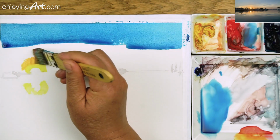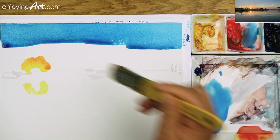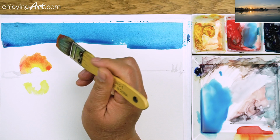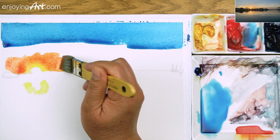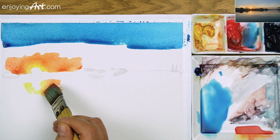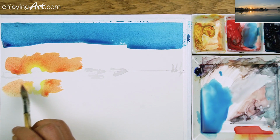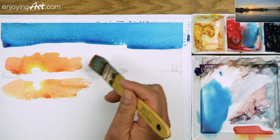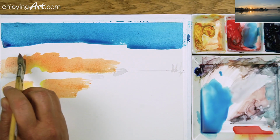Now I'm going to paint around over here. Now get a little bit more orange, a little bit more red in here. Here you go, like that. Now start spreading the color a little bit, like that. And the same thing over here. And the reflection, like that. That's good, right? Very simple, like that. Okay, and then I'm going to spread the color over here all the way from the sun and